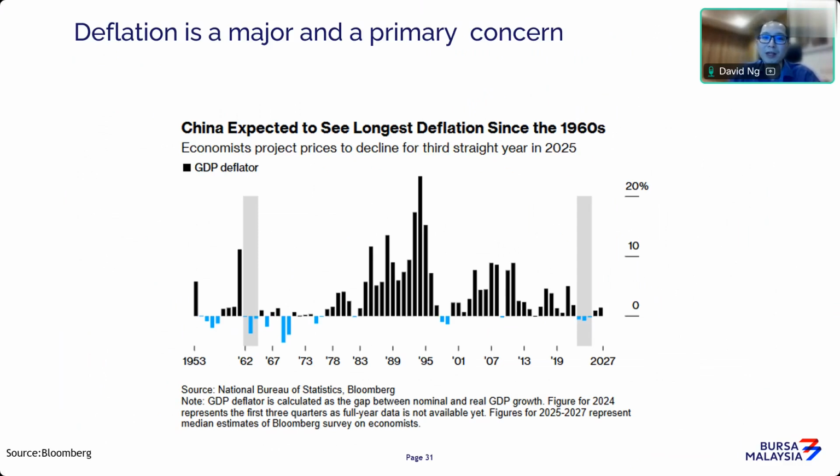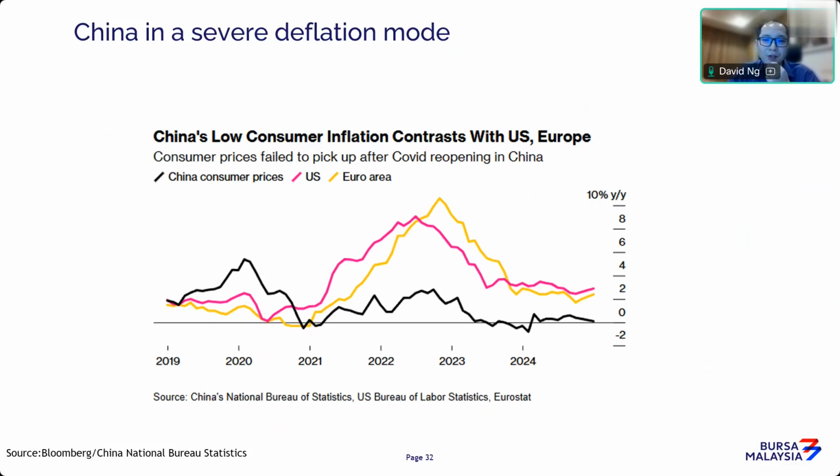So going forward, whether China will aggressively try to pump prime the economy, I think that will affect the currency as well. If you are trading this currency pair, you have to watch out for news flow coming from China, and China news flow can be quite erratic. There's no fixed period where they announce certain things. It's always up to the whim and fancy of the administration. When they deem it necessary, they will announce a package of stimulus, and that will really affect the currency movement in the USD CNH. So if you trade the Chinese currency, you have to be very careful whenever the government announces certain policy measures.